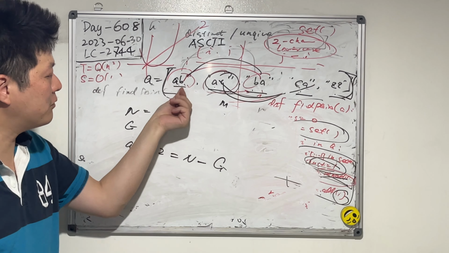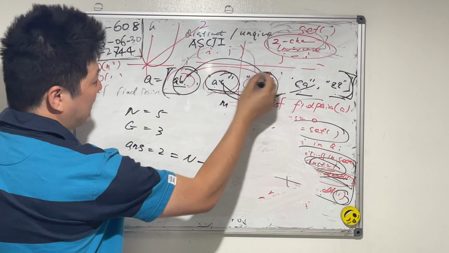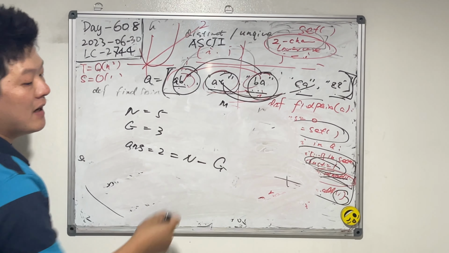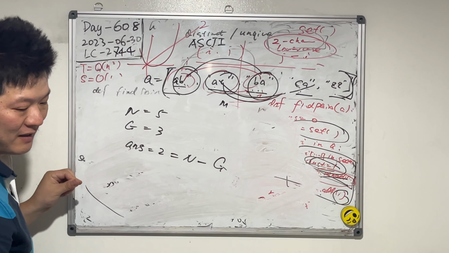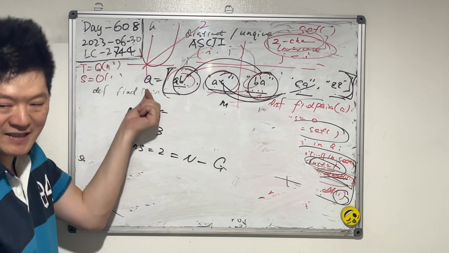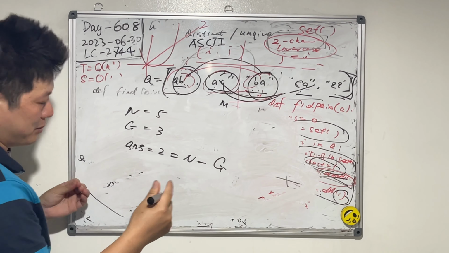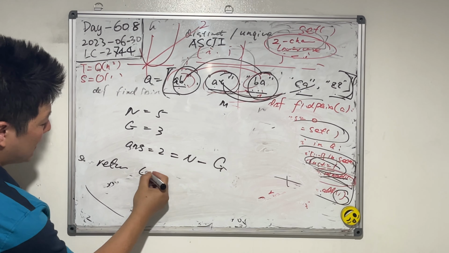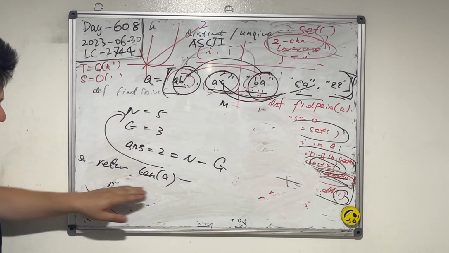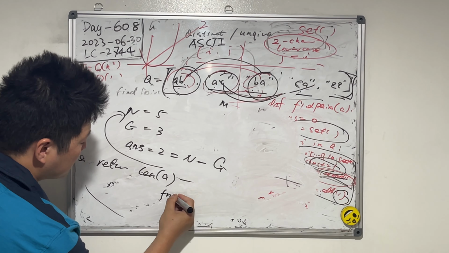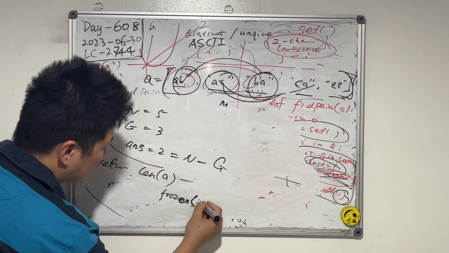Okay, so if we do the set on each one, then the first one and the third one, AB and BA, will be returning the same frozen set, right? That's the same group. And then we use a set to count the number of distinct groups. Return the length of A, which is n, minus, okay, this is very interesting, frozenset